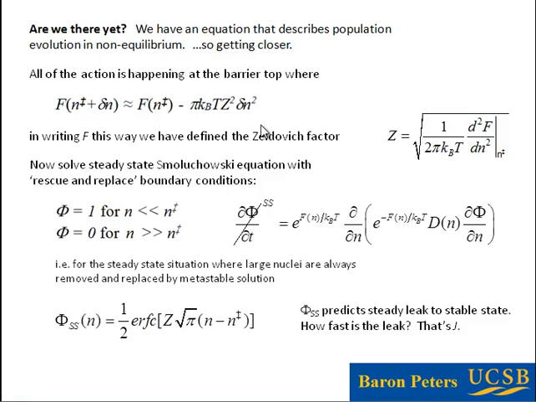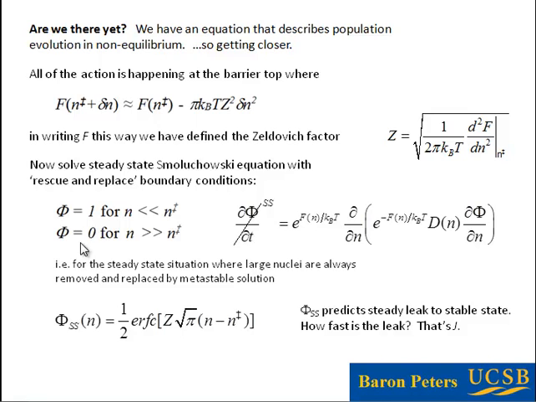Okay, so now we have a steady state Smoluchowski equation that describes the non-equilibrium relaxation of a population of nuclei of non-equilibrium sizes towards equilibrium. And what we're going to do is actually solve this for steady state conditions. We're going to find a non-equilibrium steady state for which the equilibrium and the non-equilibrium match for the precritical nuclei, those much smaller than the critical nucleus size, and where the equilibrium is doing what it will over in the postcritical sizes, but we assume that we don't have any nuclei there